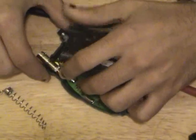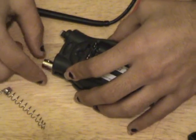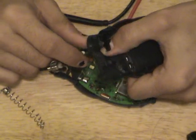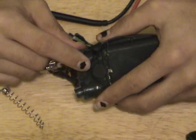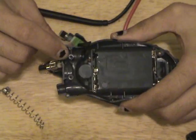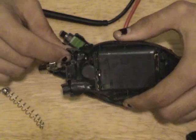This tab is going to get in the way. So we're going to have to use our fabrication tools. In this case, I'm just going to use a pair of wire cutters and maybe even go through with the Dremel. If I can, I'll just use a razor blade, but we got to get this post out of the way. Now what's bad about this is once we get rid of this post, we're actually doing structural damage to